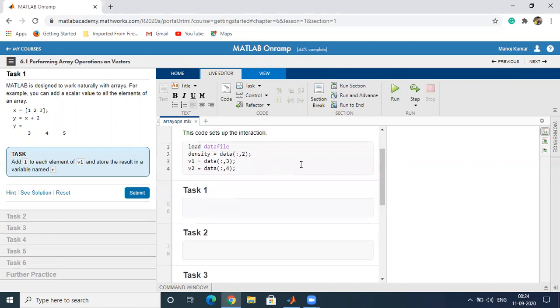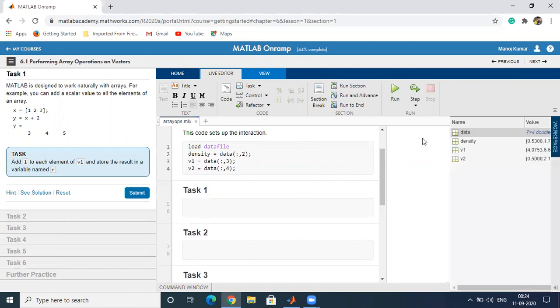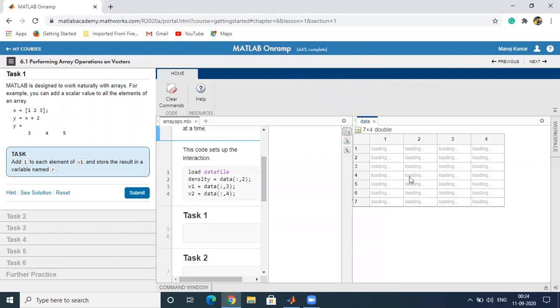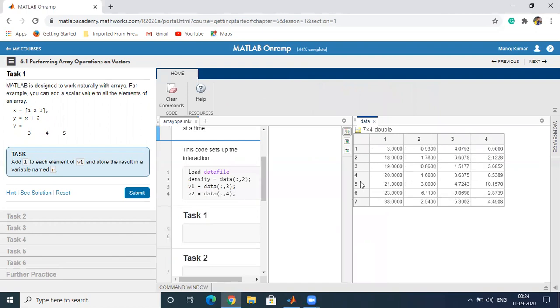If you want to see the data file, you can see in the workspace there is a data file which contains 7 rows and 4 columns of numerical data. If I double click here, it will show the data.